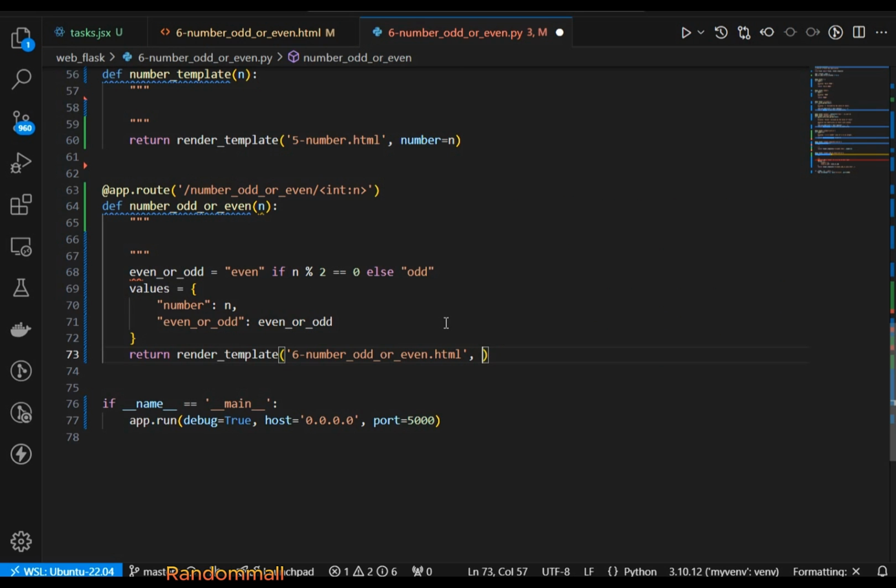So you're going to pass values as values, and now inside this